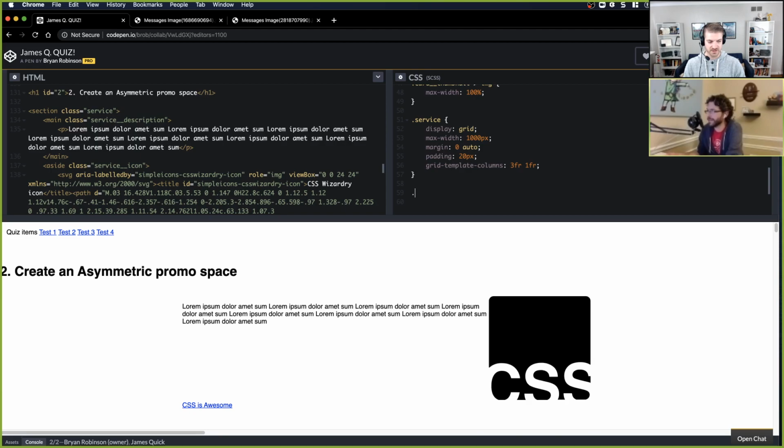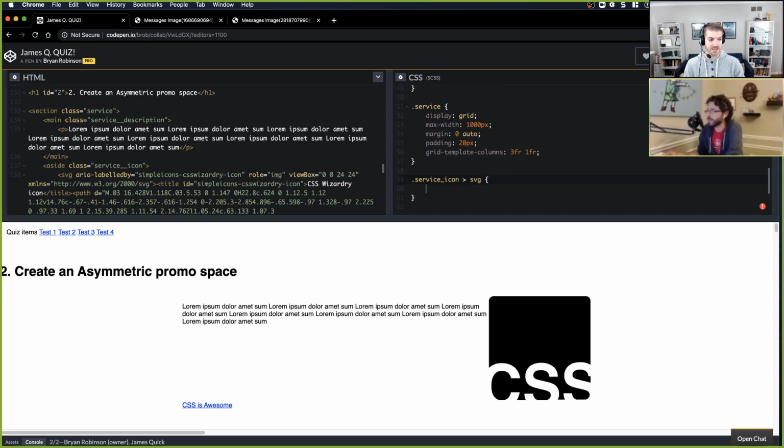So this will be the service icon, and we want to target now not an image but an SVG, and just set a height. I have no idea how this affects SVGs. Set a height to 150 pixels. What does that do?